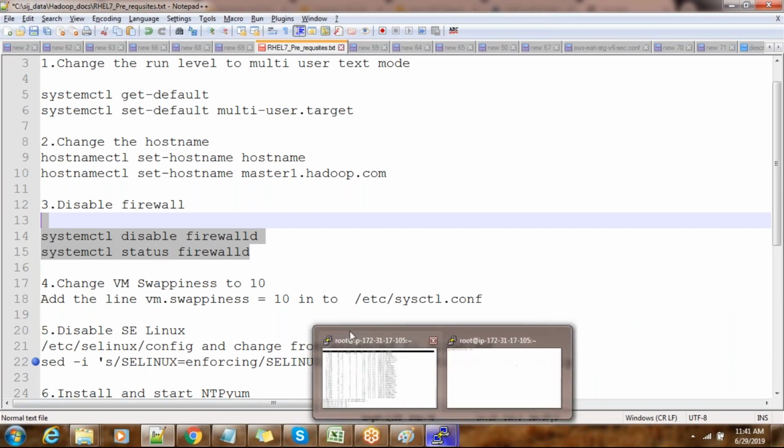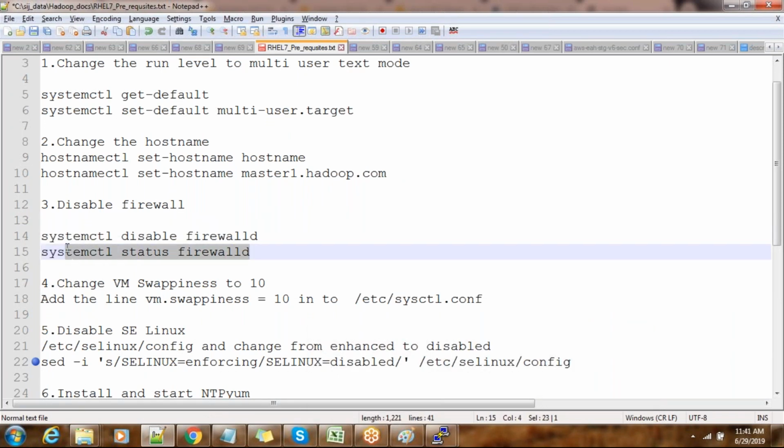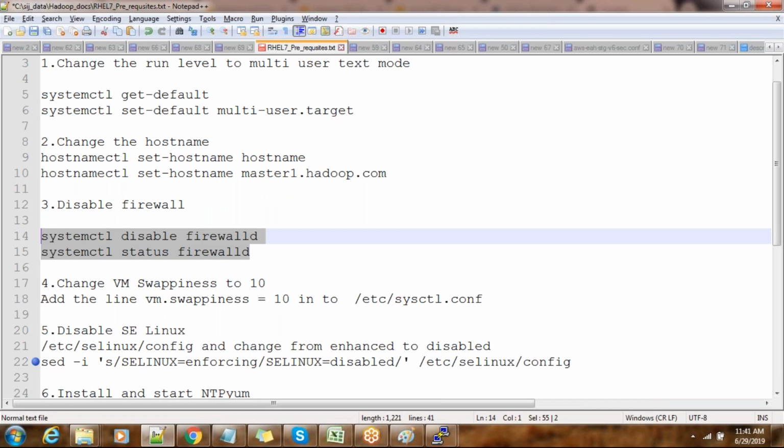And for the firewall, like I said, disabling it we can do in a local kind of environment, but at real enterprise level you need to check what kind of firewall they are using. Sometimes they have a centralized Cisco or other centralized firewall solution. In that case, you can say, from this host to these hosts, these are the ports you need to open. But if you tell them to open all the ports, they won't do that, because they have certain security policies, and you have to justify that these are the ports I need for this Hadoop installation.